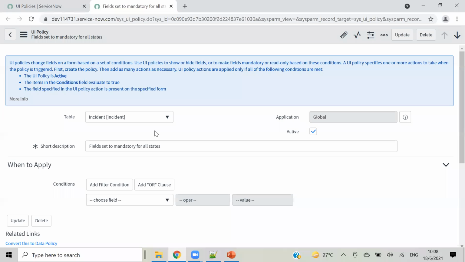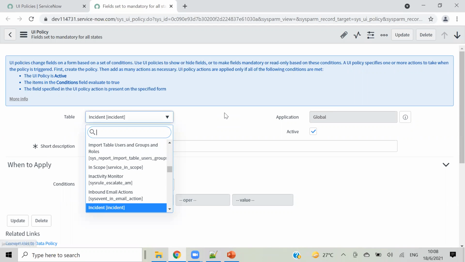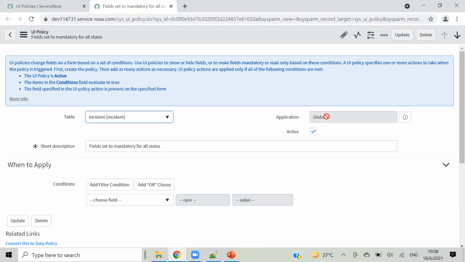As we have opened an existing UI policy, you can see this was on the incident table. We can select the table or change it if we want. Then table name, application, and this UI policy is active. If you remove this, the UI policy will get deactivated and it will not work.